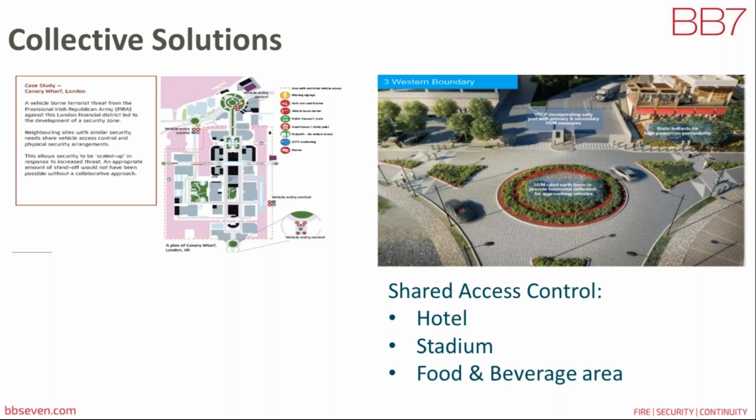And here the vehicle checkpoint is shared by those 3 assets, one of which is a new national football stadium, a hotel and a food and beverage outlet. This collective solution provides high levels of security to all 3 venues with a shared operation, even though each plot is separately owned and operated. And as well as being more effective and secure, it also greatly saves on space and costs compared to 3